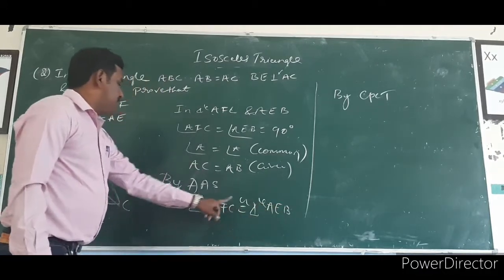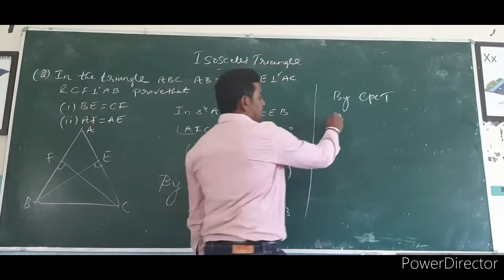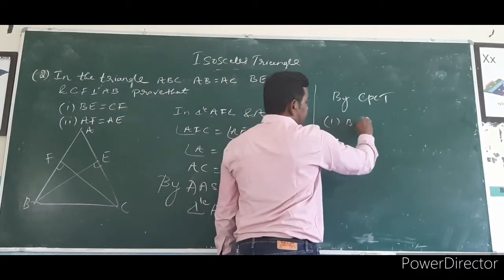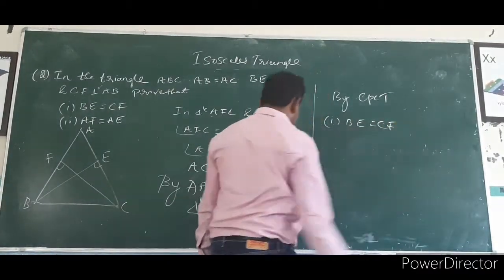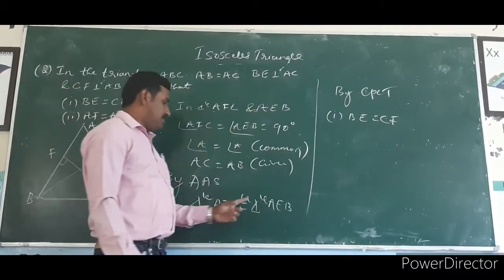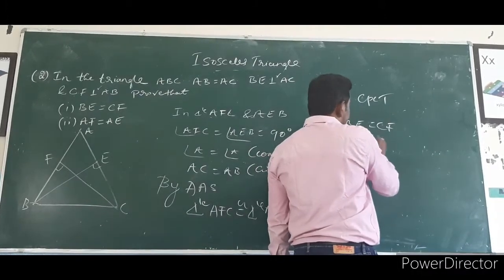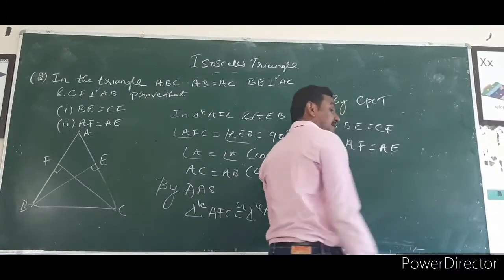BE is equal to CF. First one, BE is equal to CF, sides are equal. Next, AF equal to AE. Second one, AF equal to AE. So,